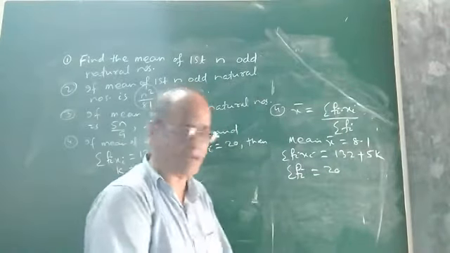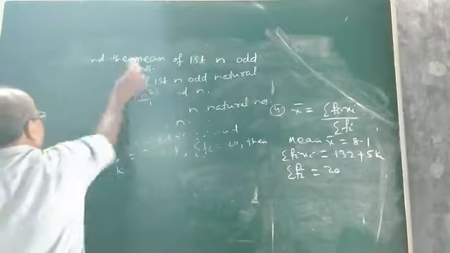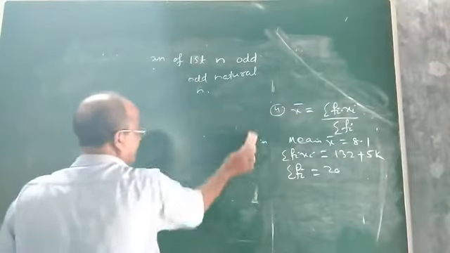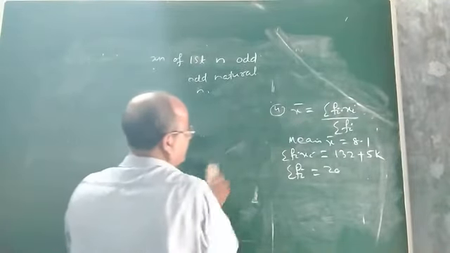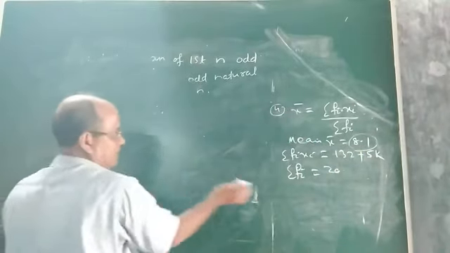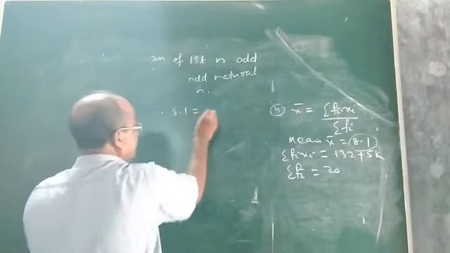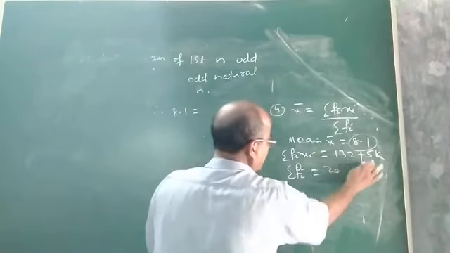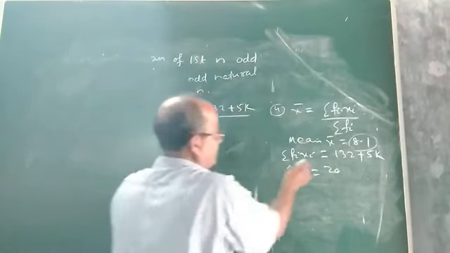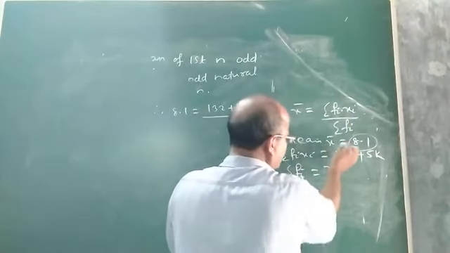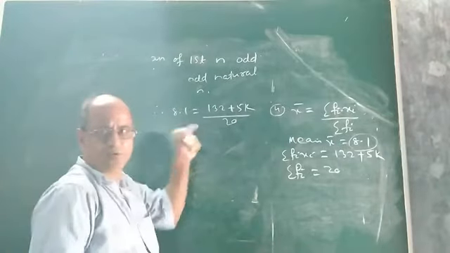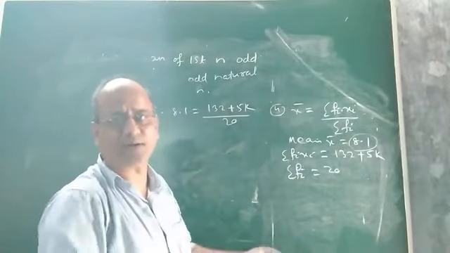So how to get the value of k? Let us see. To find the value of k, we will use this formula. As we are already given the value of mean, which is 8.1, put here 8.1. Therefore, after this step, 8.1 equal to summation of fi xi, which is 132 plus 5k, divided by summation of fi, which is 20. Now this is an equation, you solve it. You can easily find the value of k.